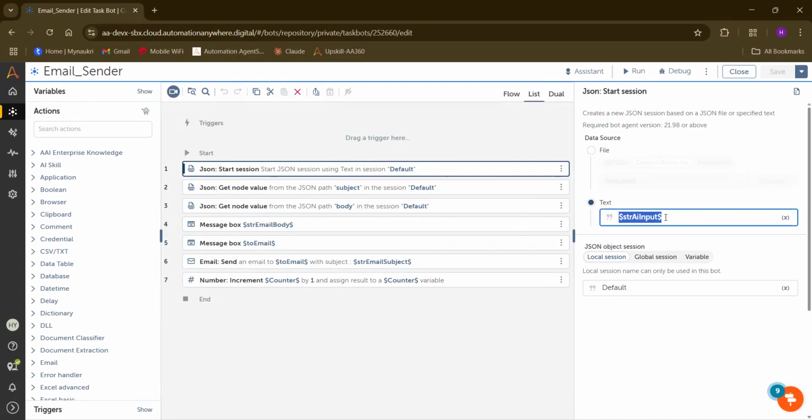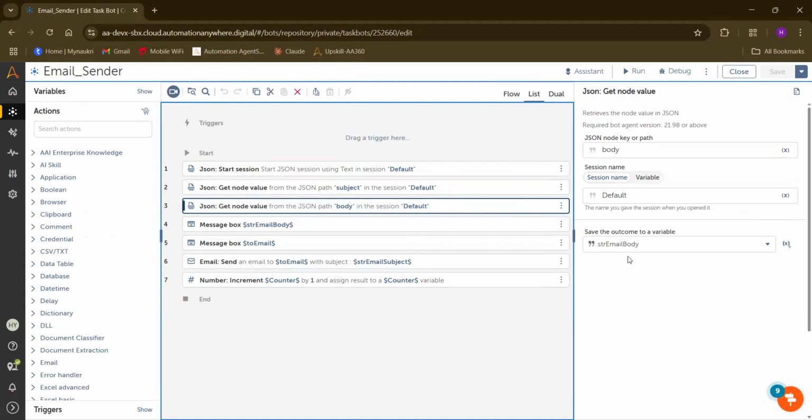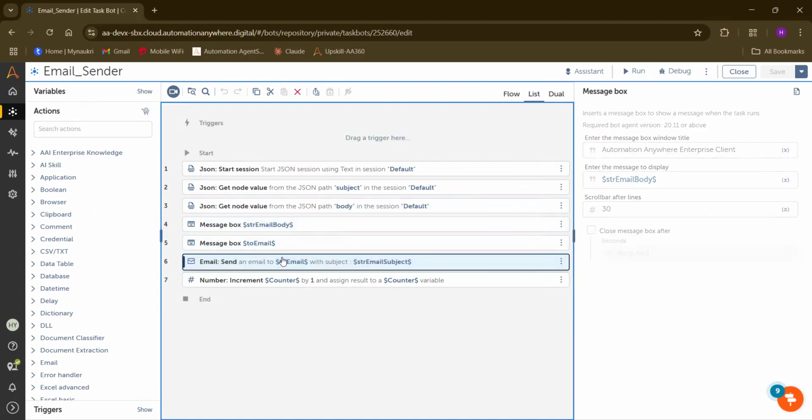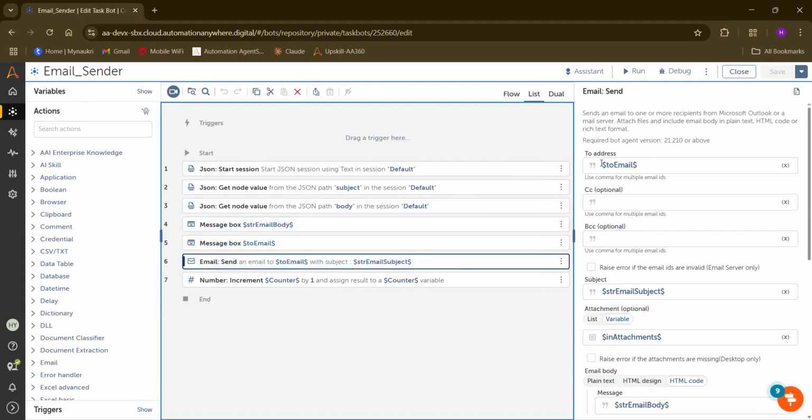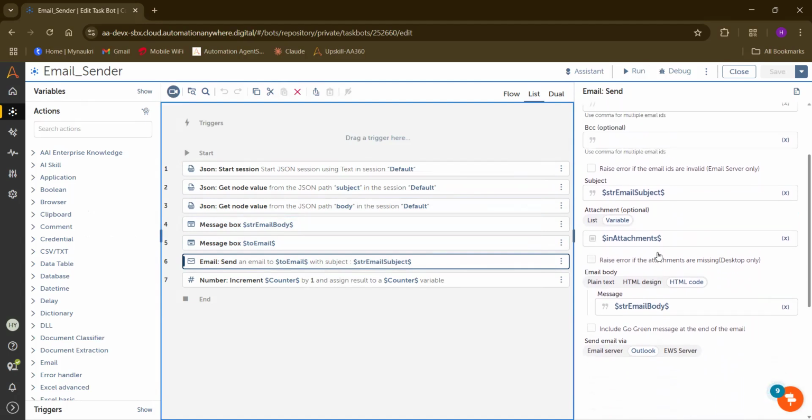The output is in JSON format, that is subject and body. Next I'm extracting the subject by using the keys, and here I'm extracting the body. Next, I'm sending to the email address, the subject, body, HTML code, and the attachment which I read from the file procuring.